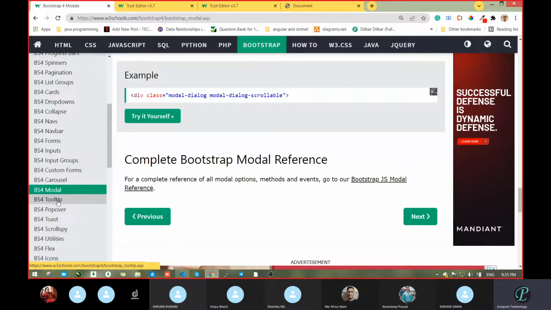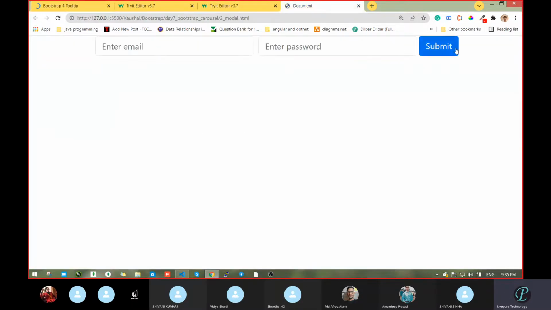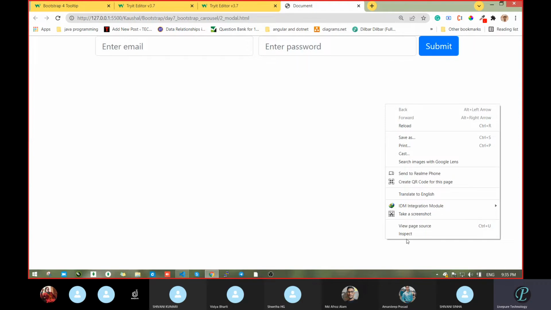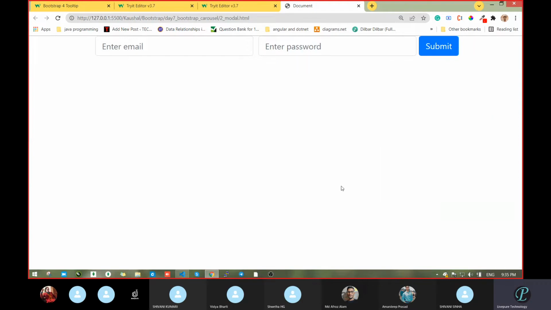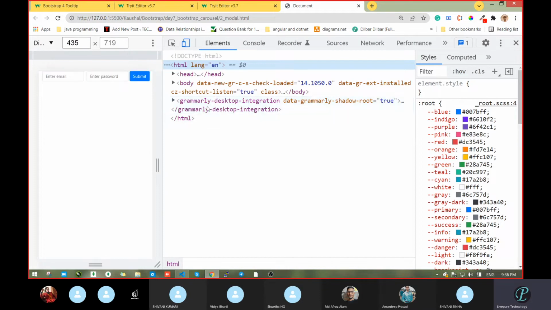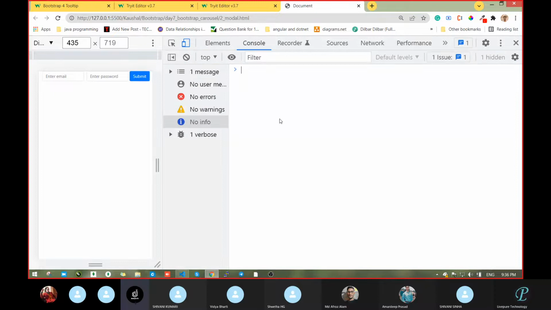Anybody have any issue in the case of modal? We will use it mostly in this type of scenario. Suppose you are submitting and you have to display something. In place of that, what JavaScript code had we learned for displaying an alert? Alert, sir.